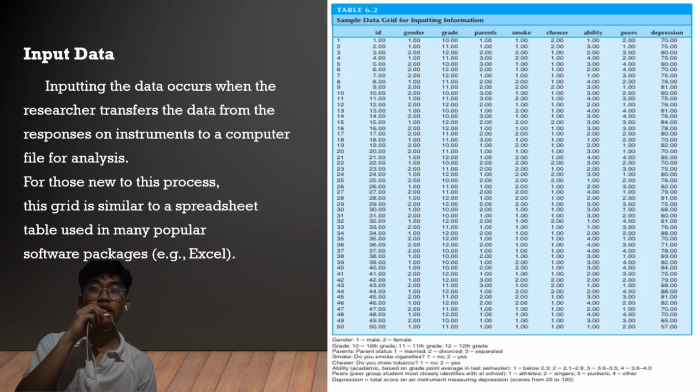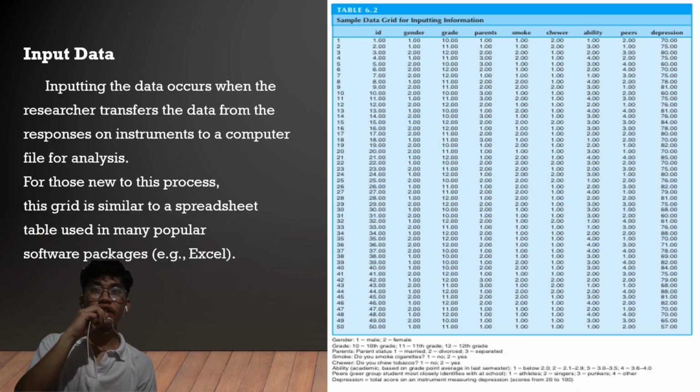So for example, the gender, grade, parents, and so forth. And you can also assign names to both values and variables so that your printout contains these names and provides an easy way to identify your information. You can assign names to your variables such as parents as well as the values for this variable such as